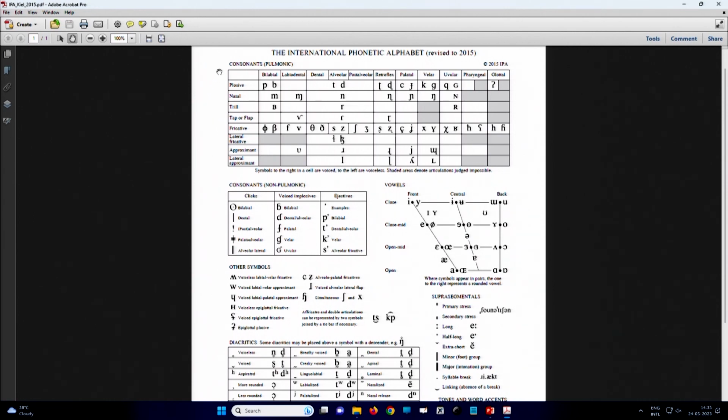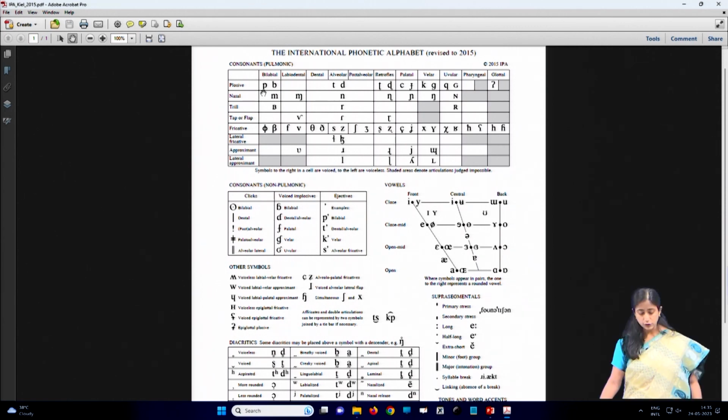Before that, you can have a quick look at this chart and see how different symbols have been used. If I want to describe pa, I will say it is a plosive bilabial consonant. So, not only is there a unique symbol for each of the sounds, but also the description is there. Looking at the chart, one can describe each of the symbols or each of the sounds. So, now let us look at each of the processes. Let us look at the various places of articulation, what we mean by all these terms, and also the manners of articulation.